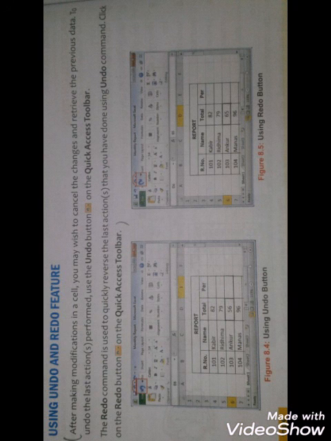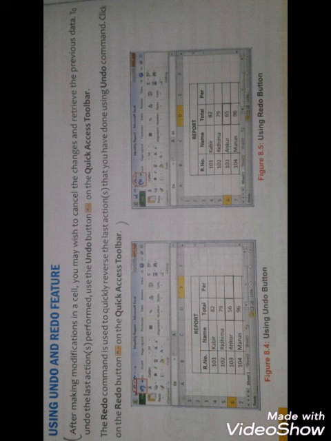So you can use the undo command. The undo button is present in the quick access toolbar. The shortcut key for the undo command is Ctrl and Z. By pressing the Ctrl and Z keys together, you can cancel the last action which you have performed.